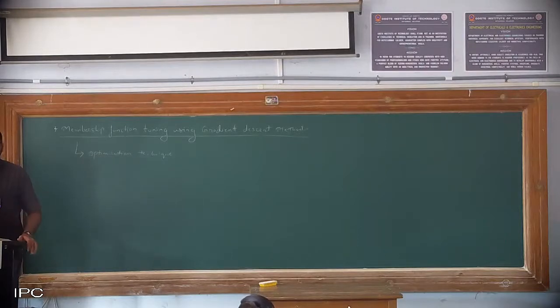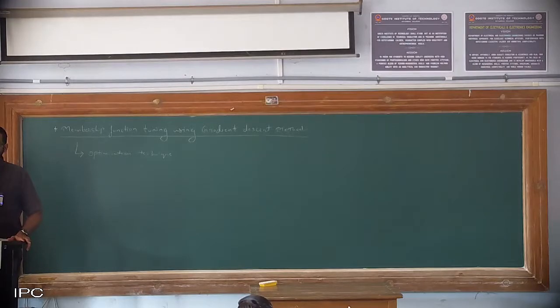See, membership function tuning. I hope everybody has understood the concept that now we are going to tune the parameters. In the previous case, we had changed the scaling function. Earlier it was 0.005, and then in the next step it was taken to 0.0025, because of which the rule execution got changed. That was what was done in the previous part. The next part is nothing but the membership function only.